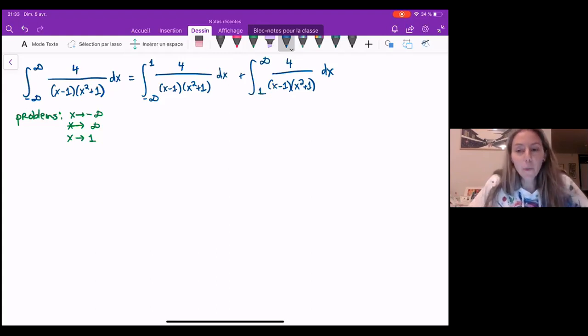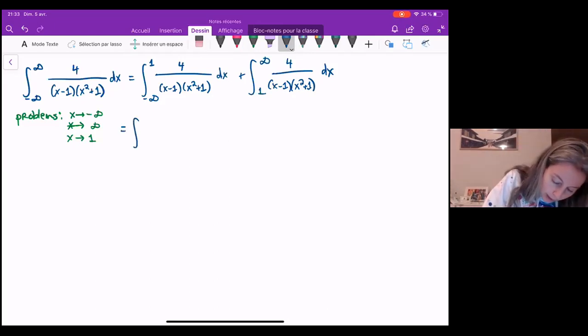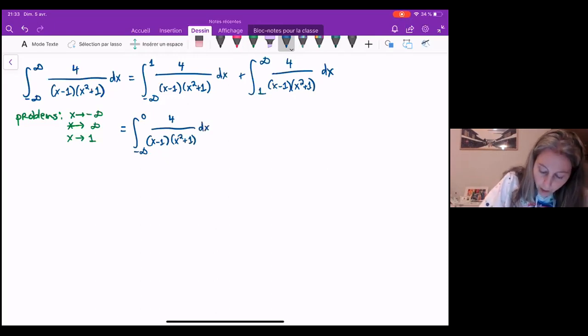It can be any value we want. If I want to use 0.9, I can. If I want to use negative 84,762, I can. I'm going to use 0. So this will equal negative infinity to 0 of 4 over (x minus 1)(x squared plus 1) dx, plus 0 to 1,